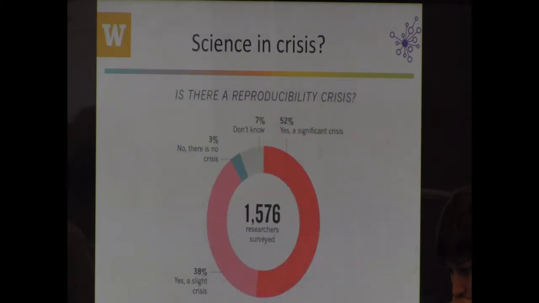So in Nature, in 2016, there was this whole study about, is there a reproducibility crisis in science? And if you look at this, again, 10% either weren't sure or thought there wasn't a crisis, but all the rest of science felt that there was. And I should add that this study of maybe 1,500 or so researchers included folks from all over the spectrum. So it wasn't just medicine or health. It was astronomy, physics, geospatial sciences, I'm sure.